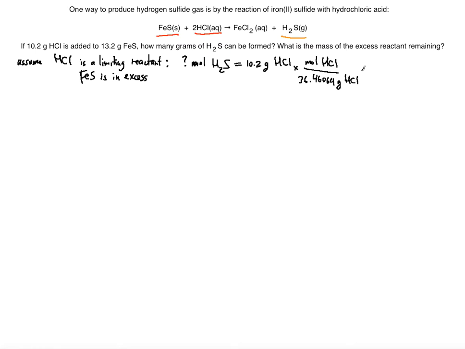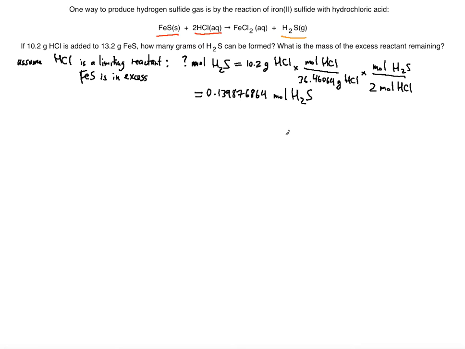Next, I'm going to convert. We know that there are 2 moles of HCl present here. You see that number 2. So 2 moles of HCl per 1 mole of the product H2S, right? And now this will give us the result, right? And using the calculator, you should get this answer: 0.139876864 moles of H2S,